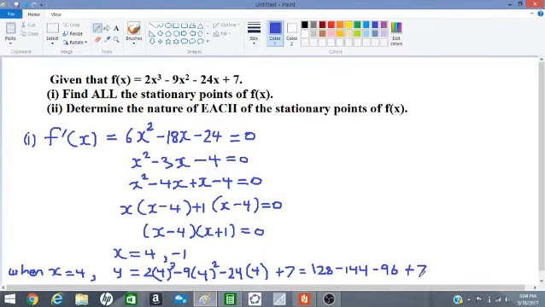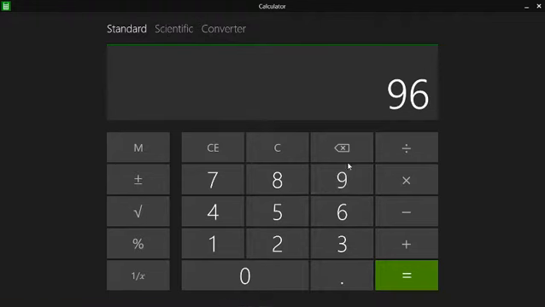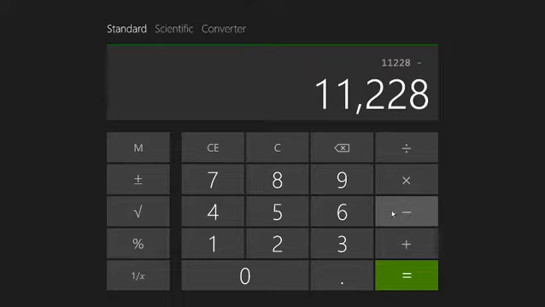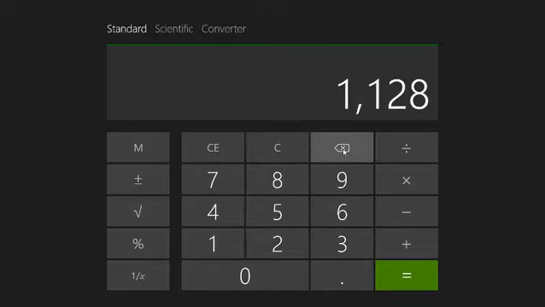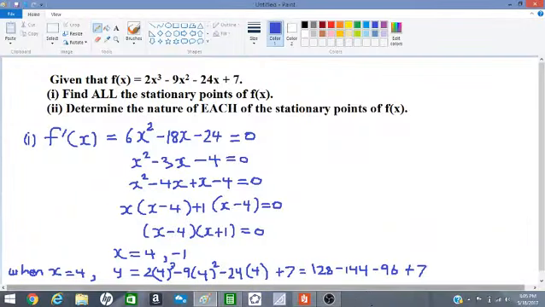So we will work this out. 128 minus 144 minus 96 plus 7, and that is equal to minus 98. So we have negative 98 here,